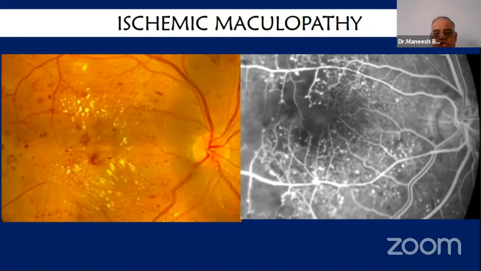This is one of the most important reasons why fluorescein angiography should be done. A patient may have fairly good visual acuity even in the presence of early ischemic maculopathy, which can progress post-treatment and lead to a drop in visual acuity. So unless you have a fluorescein angiogram at presentation, you might miss this finding, and that can lead to problems at a later stage.